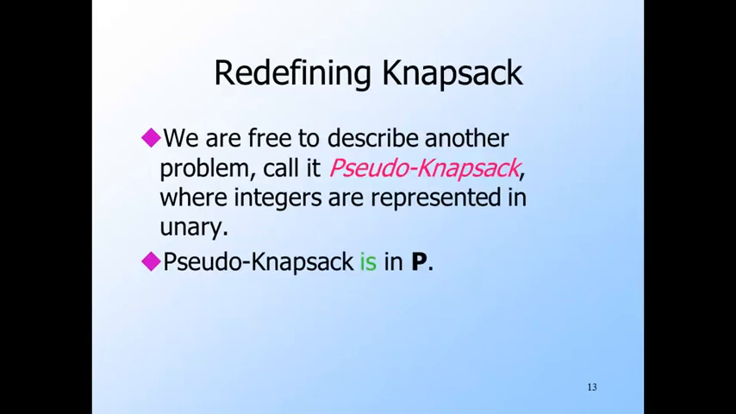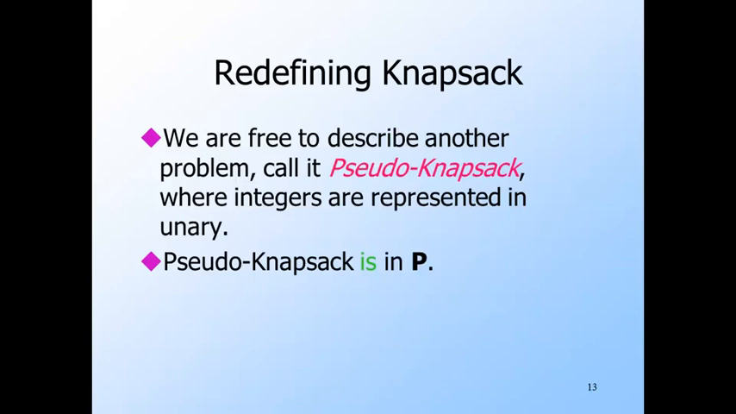There is another problem which we can call pseudo-knapsack. The question is the same, but the integers are represented in unary, not binary. That is, integer I is represented by I 1s followed by some marker symbol to separate integers. This problem is in P, and the dynamic programming algorithm proves that. But it is not the classical knapsack problem where integers are represented in binary,